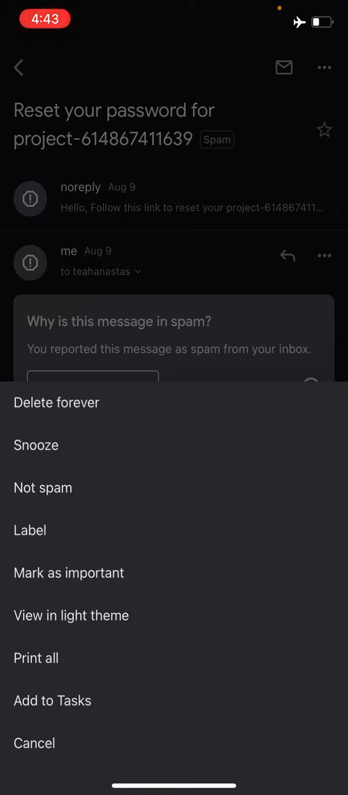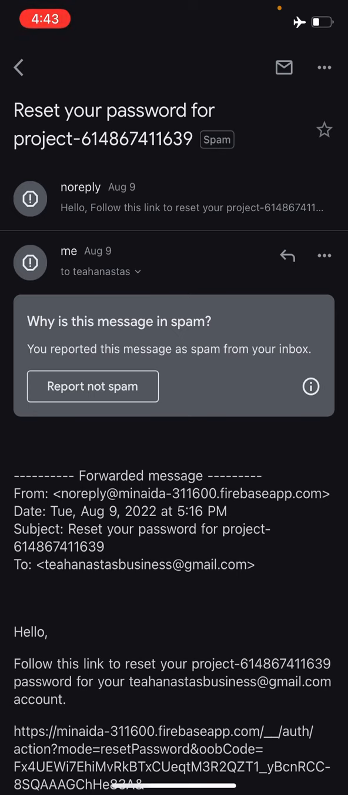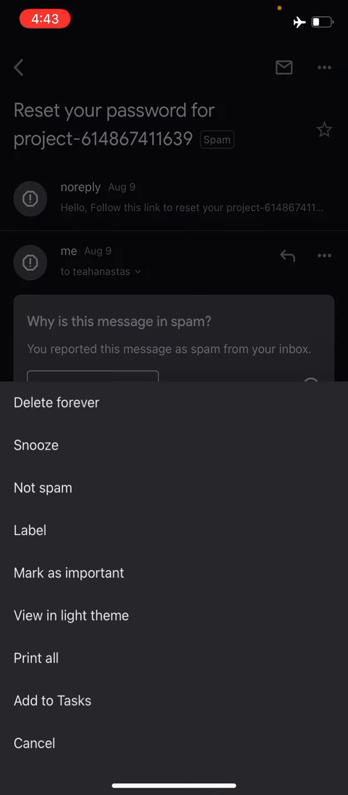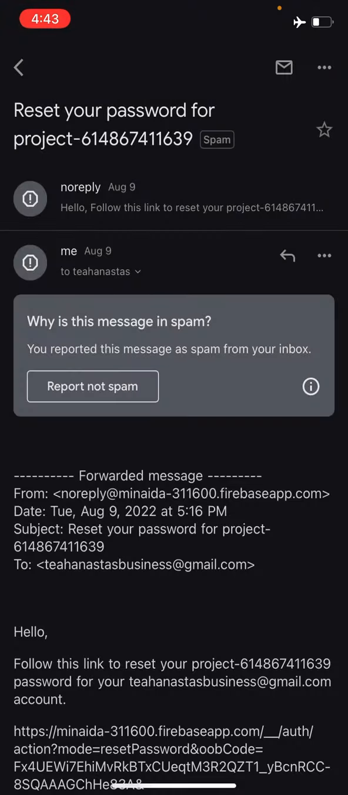It says not spam. You want to touch on not spam, and what will happen is that every time you receive email from Minaida, the email will not be in the spam anymore. So make sure you touch on these three dots that are right beside the envelope. Touch on that and touch on not spam. After you're done with that,